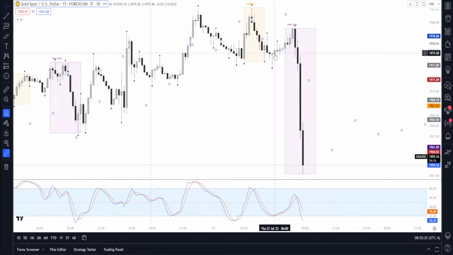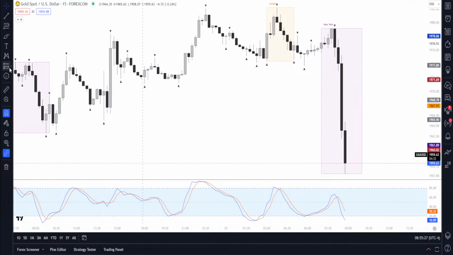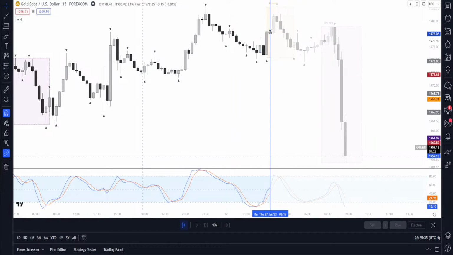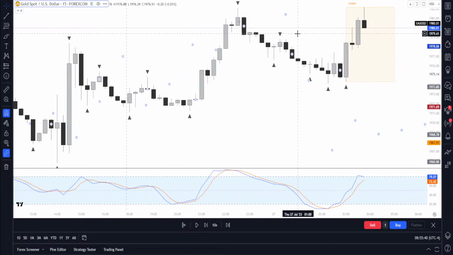But as you could see, even entering the trade right here, because you may ask, why didn't I enter on the cross right here, right? But the problem is, if I just rewind this back here, it hadn't crossed yet on this candle, right? So we can't enter there.